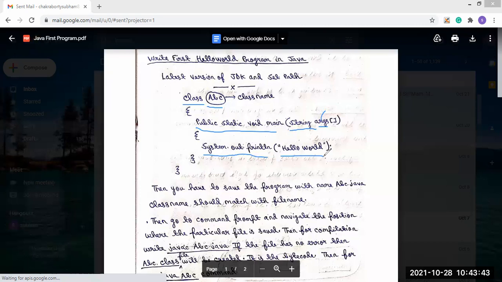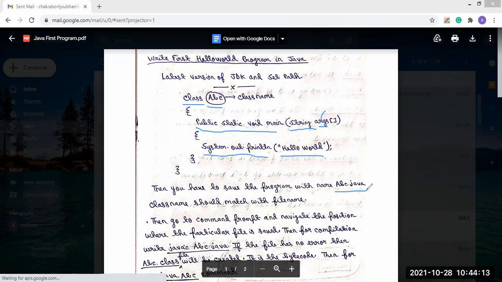First, we will write this total program in the notepad, and after writing it, we will save the program as class name dot java. Here I have used ABC as the class name, so when you save the program, we have to use abc.java.